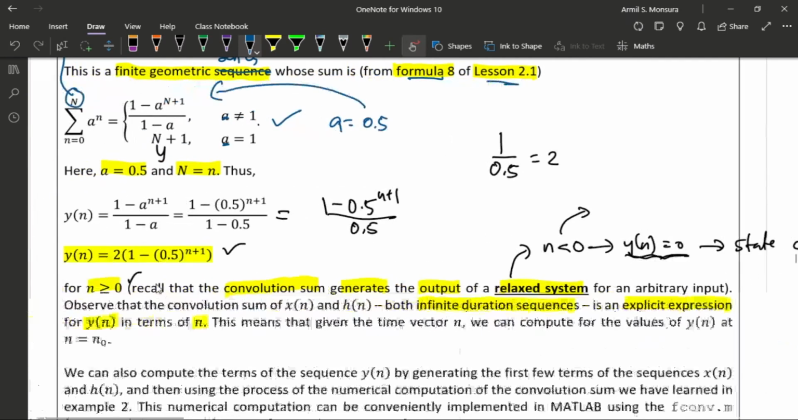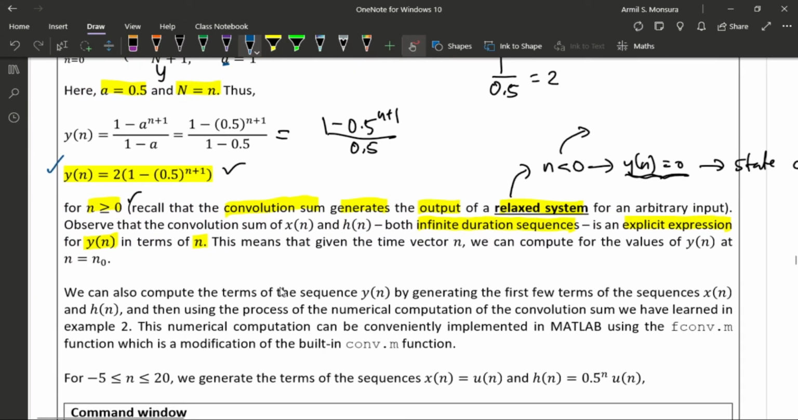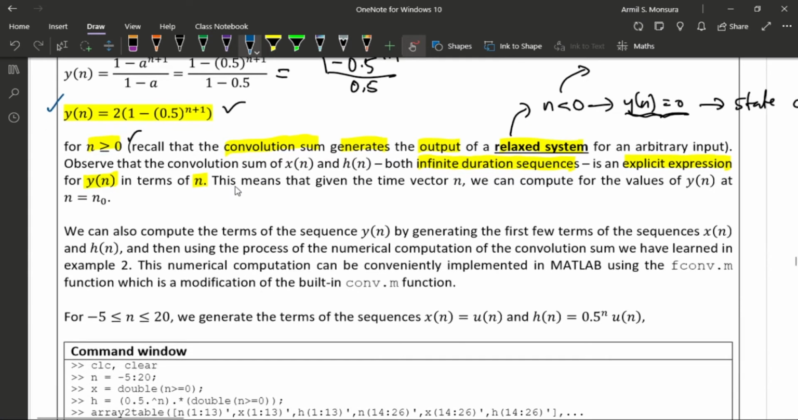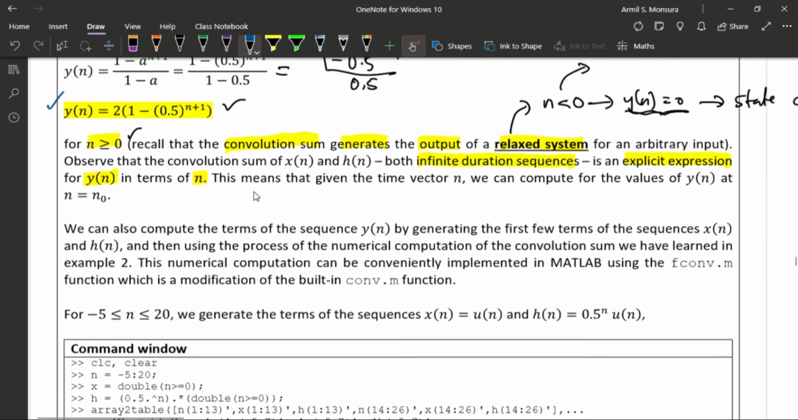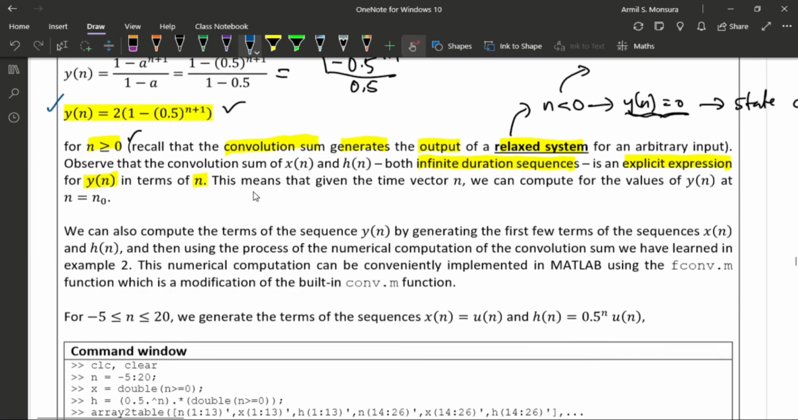Okay, so ito na nga yun, yung hinahanap natin. Ngayon gagawin natin, kasi what we would like is to verify yung results na nakuha natin. Okay, so at this point, we will be using yung numerical computation ng convolution sum, okay, in which